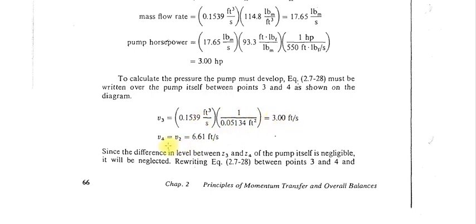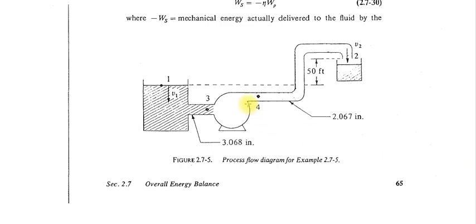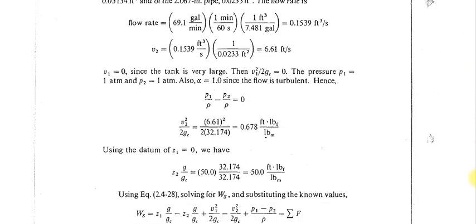You can calculate the V4, that is the volumetric flow rate divided by the cross-sectional area, that will be 6.61, or V4 equal to V2, that you can also understand because here you have the same cross-sectional area between pipe 4 and 2. So because the fluid is incompressible, there should not be any change of the velocity between pipe 4 and 2. So you will get the same velocity here,